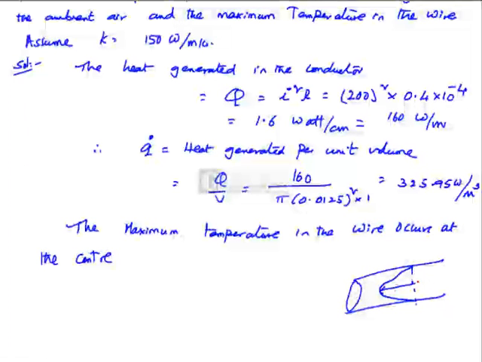This is the T max, the center line temperature. The center line temperature is given by TW, that is wall temperature, plus Q dot by 4K into R naught square, where R naught is the radius of the wire, that is surface temperature 200 plus